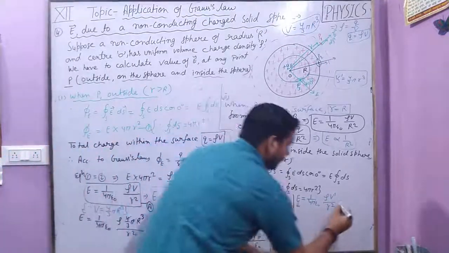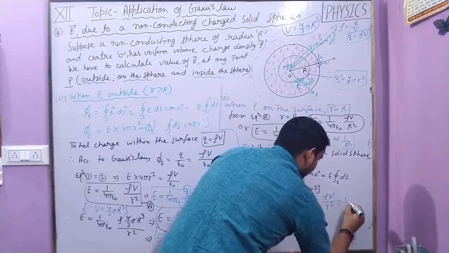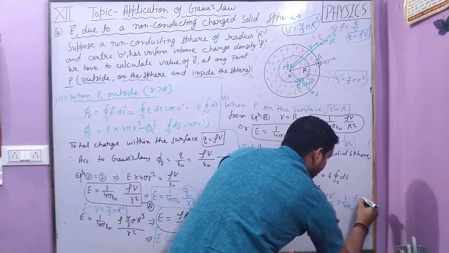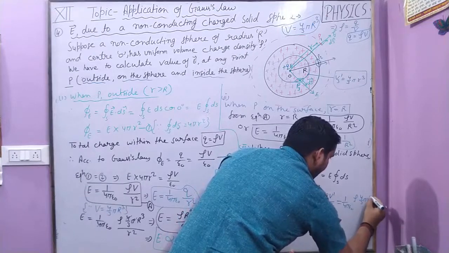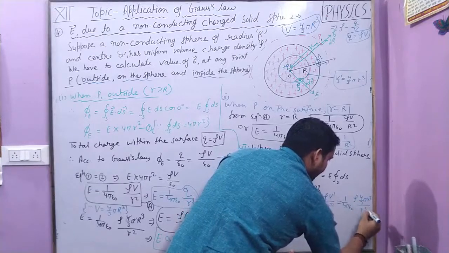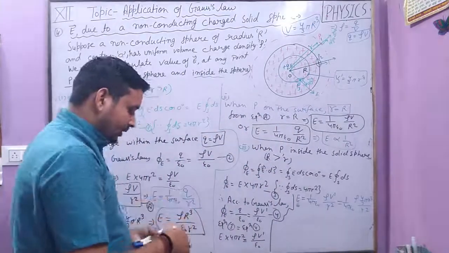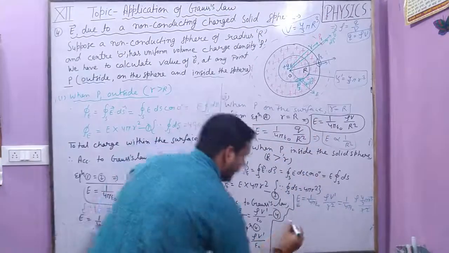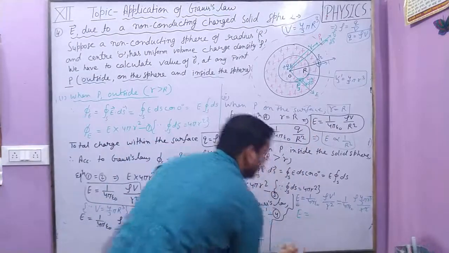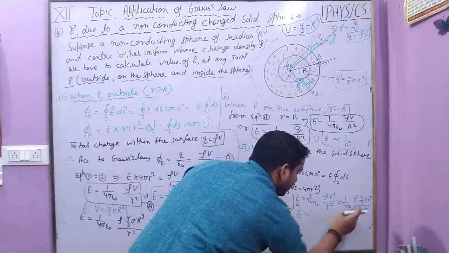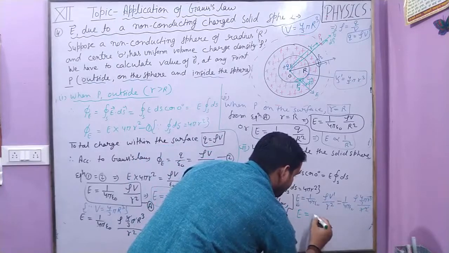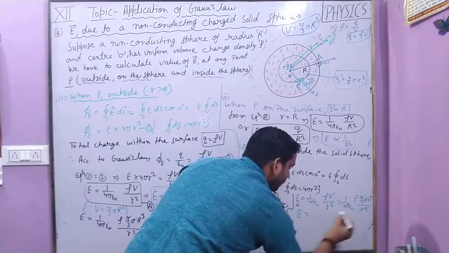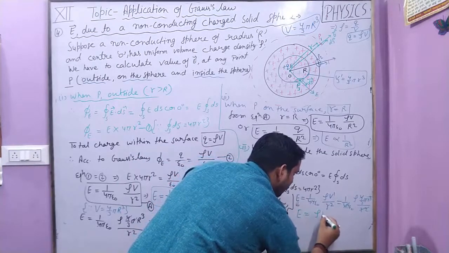Now put the value of v dash: 1 upon 4 pi epsilon naught rho 4 by 3 pi r cube upon r square. Now you will easily observe here, the r square cancels the cube, and the electric field inside the shell is, this 4 pi cancels this 4 pi also, this will become rho r upon